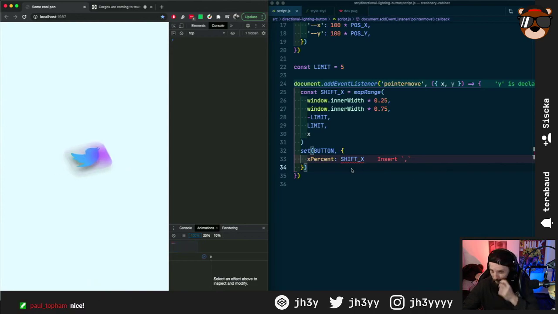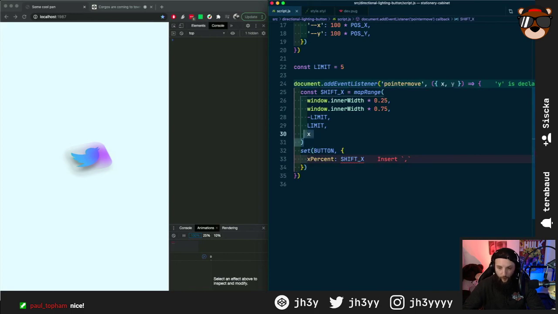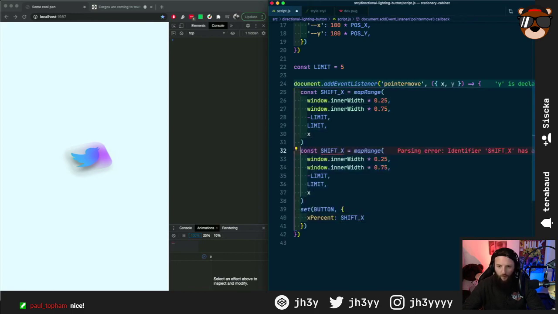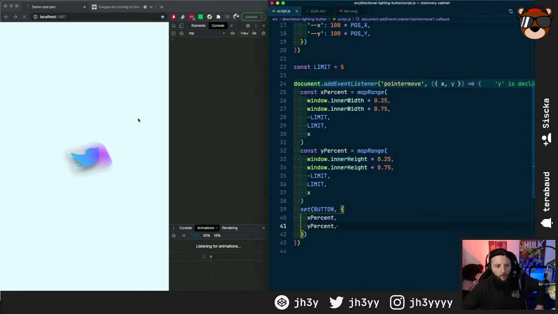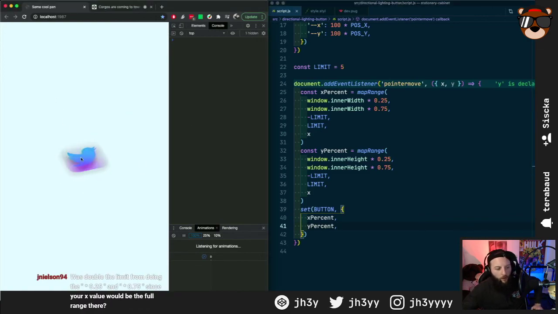And then we can do the same for Y. So we just do the same for Y, exactly the same. Do shift Y. And do you know what? We can just call this Y% and X%. And all we've got to do is change them. So we go window.innerHeight. The limit will stay the same. And then all we've got to do is throw in X%, Y%. And that gives us our little